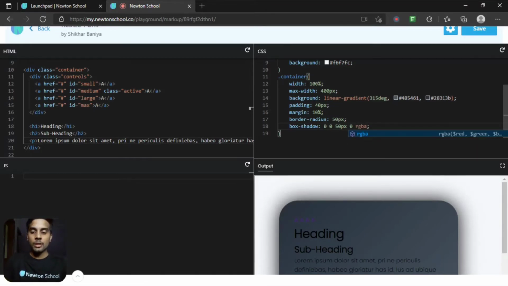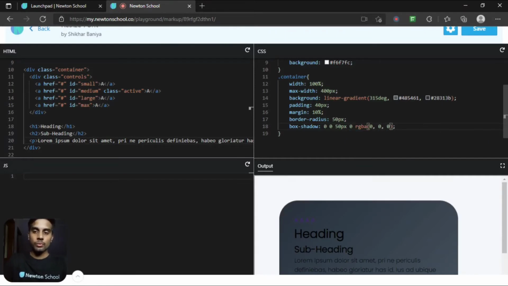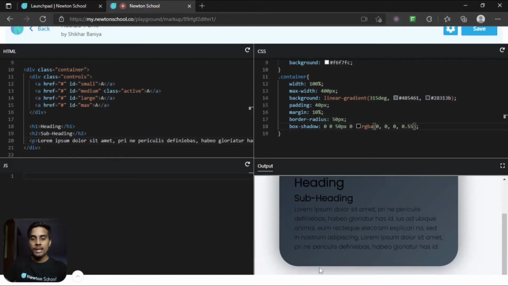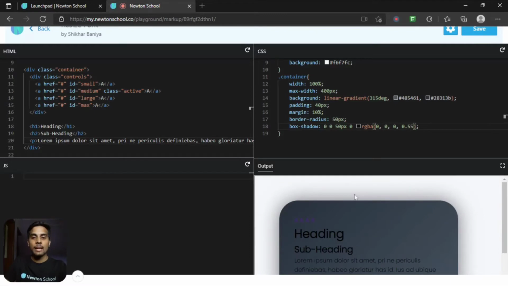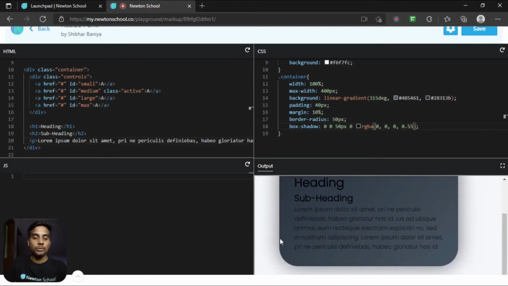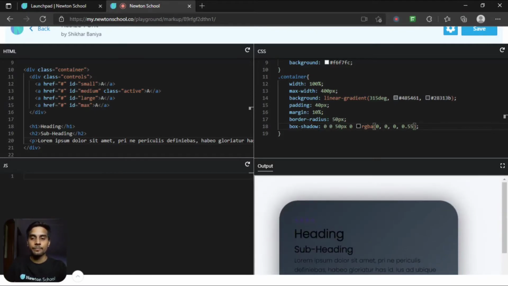So let's say RGBA for black, 000, and then you have to provide the opacity. So let's say 0.55. So we got this light black box shadow. Okay, so this looks great.